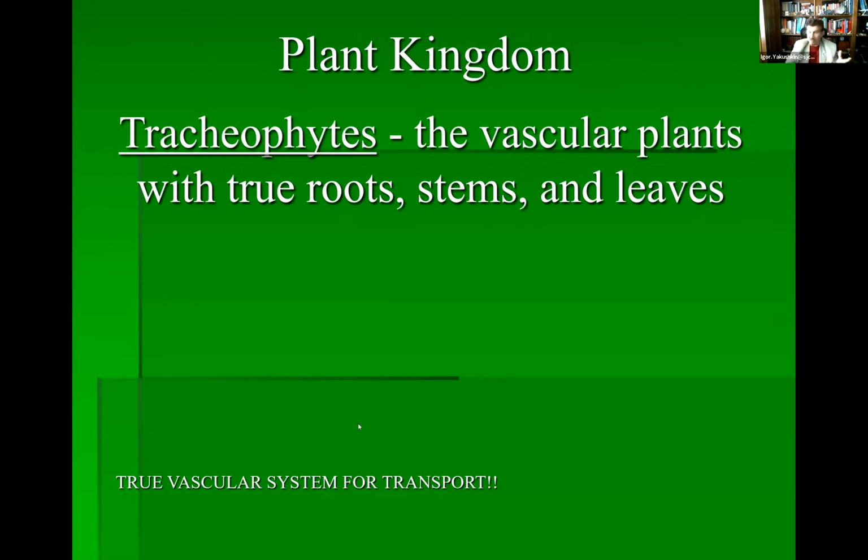So see right there, transport is extremely important. Same thing as us. Many of the animals have some sort of cardiovascular system, right? Exactly the same idea, to transport the nutrients and the oxygen from the lungs through all of the cells, or living cells, of your body. The carbon dioxide will be collected and removed from there.